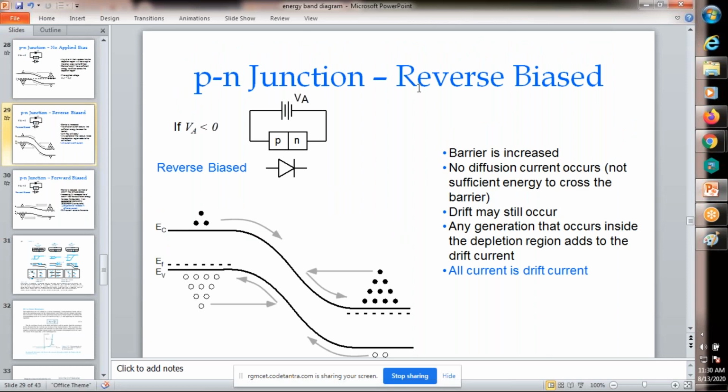This one is reverse biased, as VA is less than 0. In reverse bias, the slope increases. Why? Because the depletion region width increases. The built-in potential, the potential height, also increases. The slope is very, very high. There is no diffusion. The process of diffusion is very, very difficult. Why? Because observe here, how can it diffuse? There is some height here. The flow is only due to some minority carriers, that is, drift only.